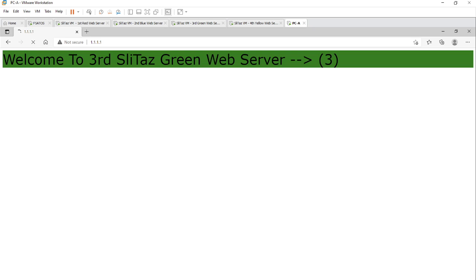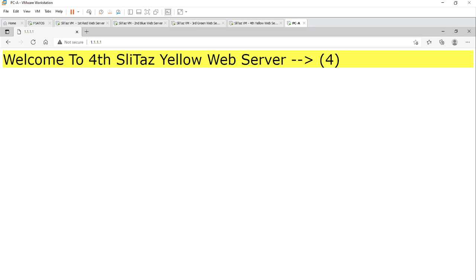It will not be forwarded to the blue web server. Why? Because we don't have any condition. Now the requests are being distributed only between yellow and green, but not to blue, because even though you have written the script, it has not been associated. So obviously the script is not going to have any effect.